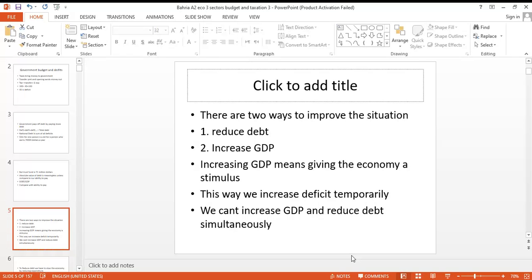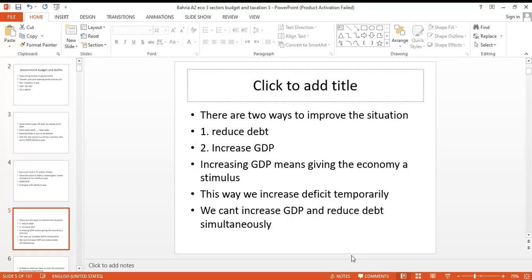Now, if you're increasing the GDP, you are giving a stimulus to the economy. The government will now have to stimulate the economy. Okay, it may sound something like outdated socialism to some people, but no, this is an important part of the Keynesian approach to economics. The stimulus can be given by the government in the form of strong government spending, which is something that many governments in the Western countries have done. So